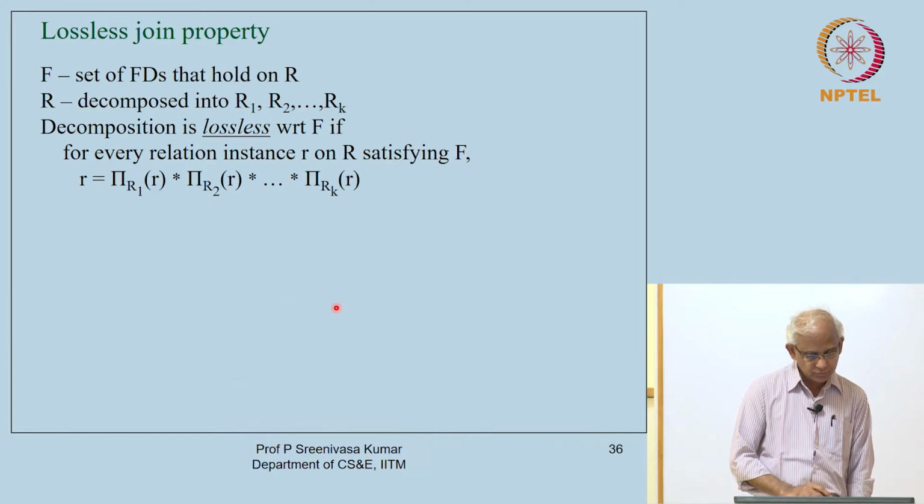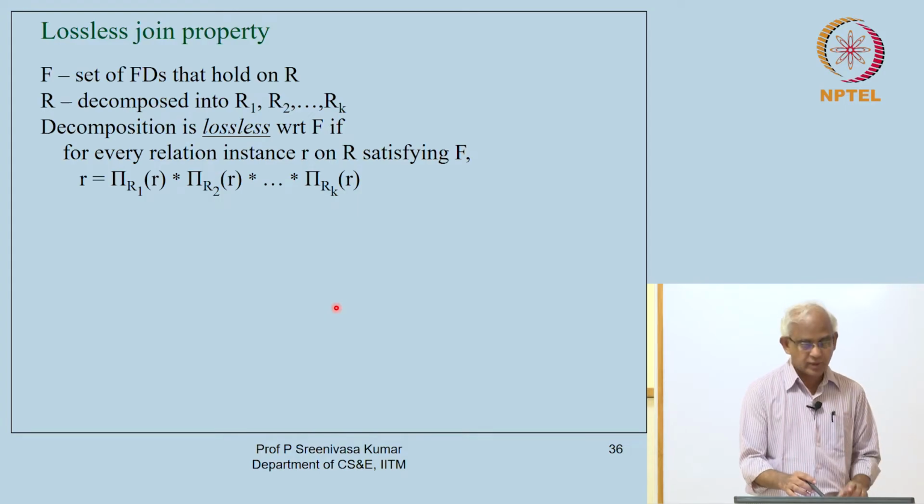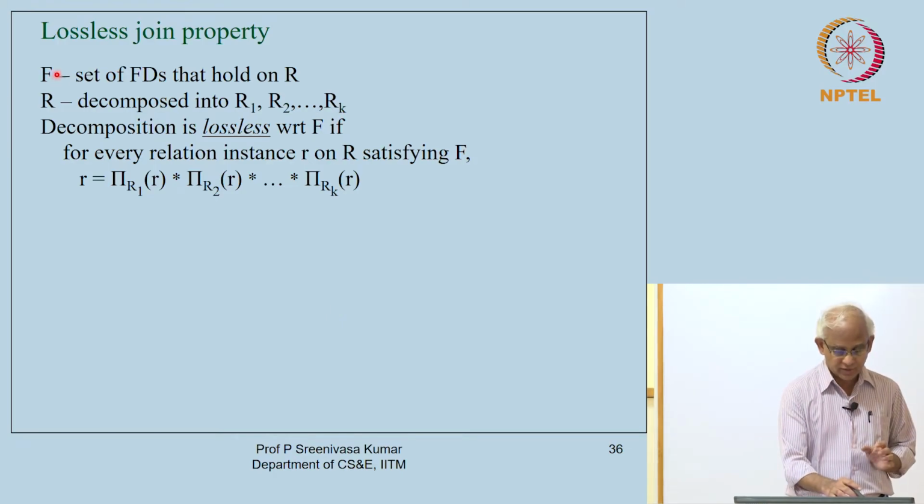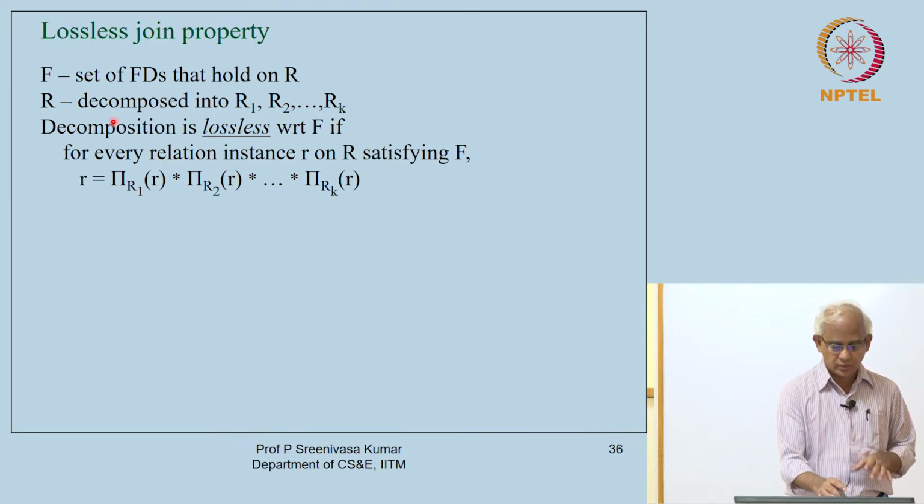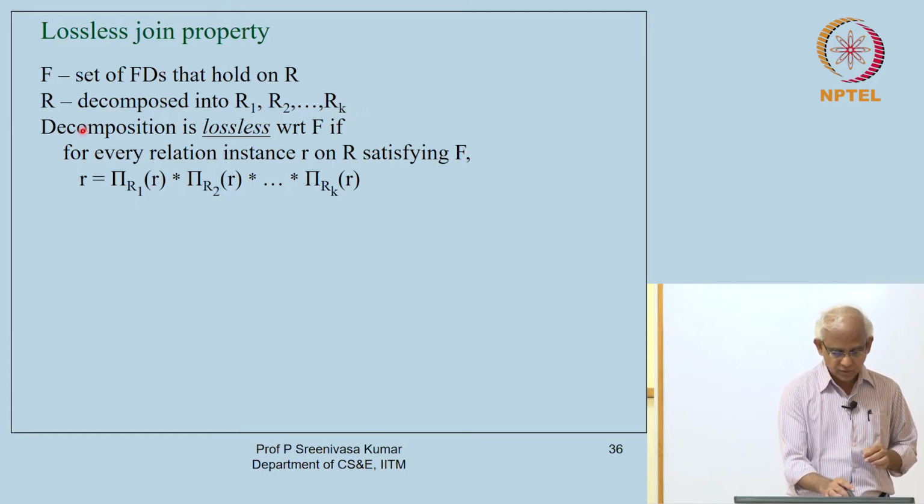Okay. So in this context, first thing is we will elaborate on the losslessness property. That means there should not be any loss in information. Okay. So, let me set that up a little bit more formally now. Let us say we have a set F of the functional dependencies that hold on R, and R is decomposed into R1 through Rk. Now, this particular decomposition is called lossless with respect to this set of functional dependencies, when